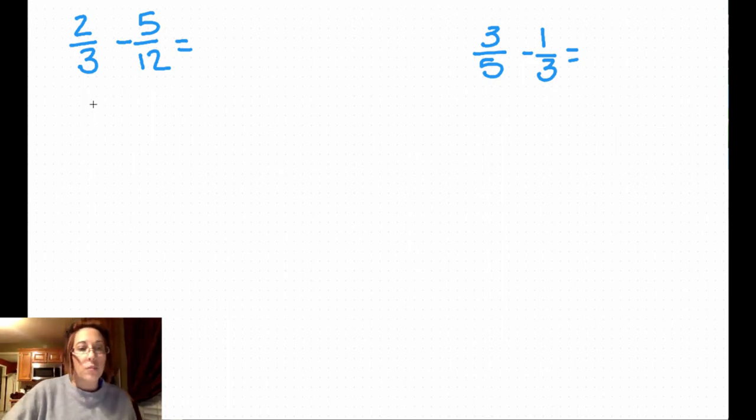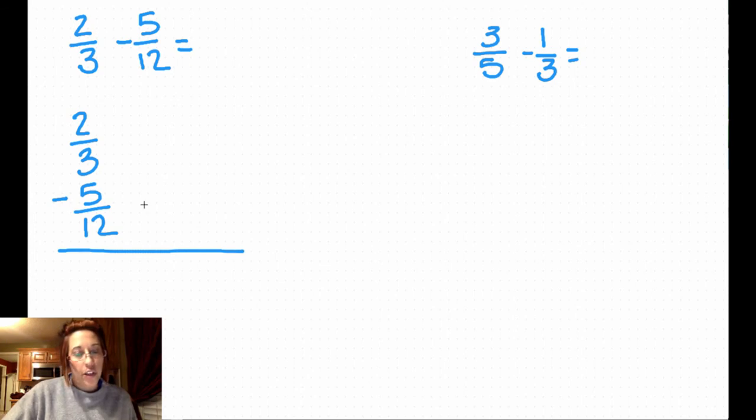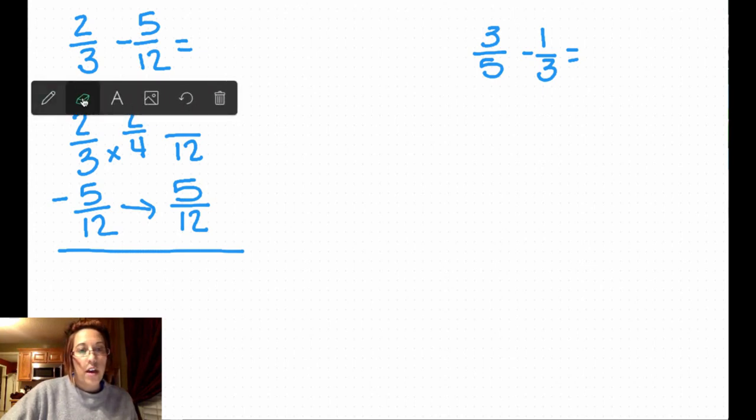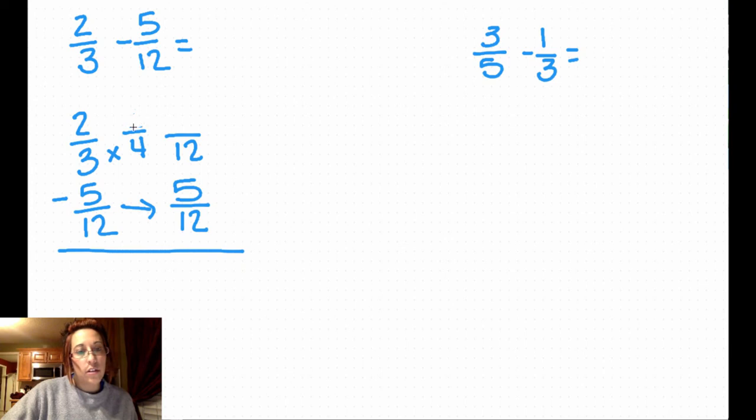Okay, let's go ahead and look at this problem. We have 2/3 subtract 5/12. We've written it vertically. 3 will go into 12, so that means 12 will be our least common denominator, and we move 5/12 over. 3 times 4 is 12. Oh, hold on. That would not be right. Whatever we do to the denominator, we also have to do to the numerator. There we go. 2 times 4 is 8. 8 subtract 5 is